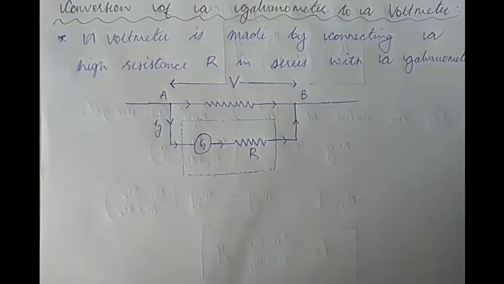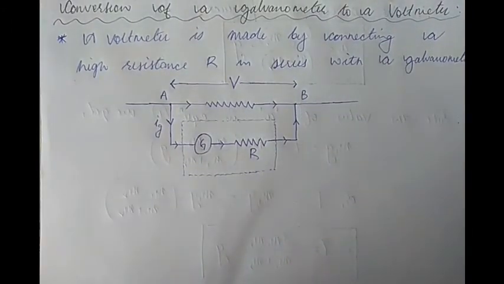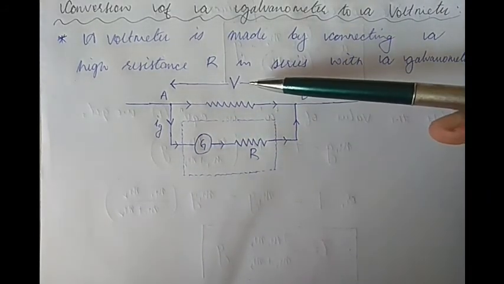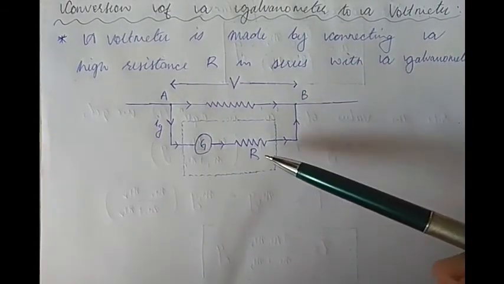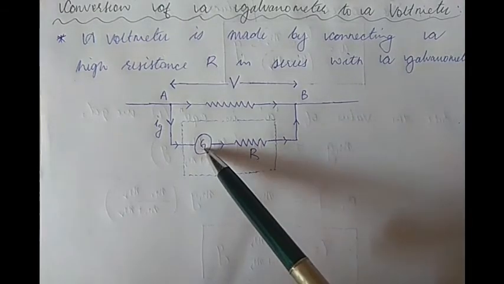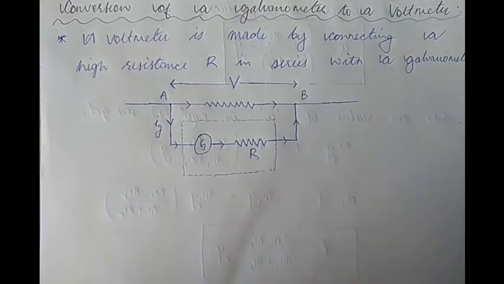Let us now see how a galvanometer is converted to a voltmeter. But before that, do remember, ideally, a voltmeter is supposed to have infinite resistance. And therefore, a galvanometer is converted into a voltmeter by connecting a high value of resistance R in series with the galvanometer, as shown in the picture here. Say we want to measure a maximum potential difference V, say in between these 2 points A and B. Then we have to connect a high value of resistance R in series with the galvanometer, such that the thing inside this box acts as a voltmeter now.